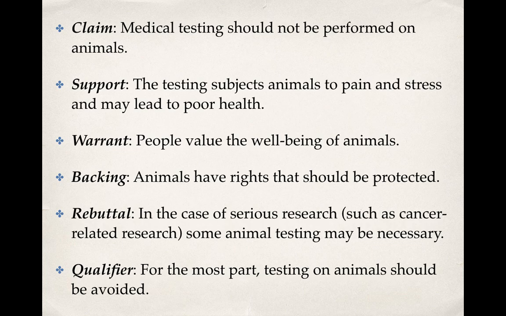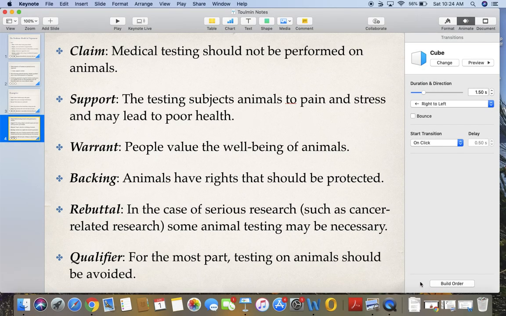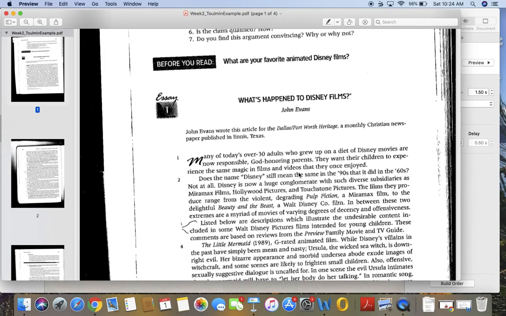they're applied to argument. And so the next thing I want to show you in this video is the sample that I uploaded. And hopefully you've already read this. If you haven't, I encourage you to go ahead and stop and read the article, because I'm not going to read it out loud. This is pulled from an old edition of Perspectives on Argument. In the new edition, they cut this example, but it's such a good example of Toulmin that I wanted to